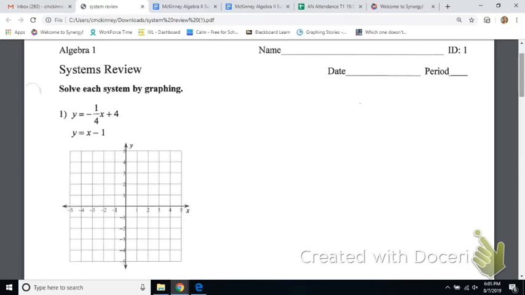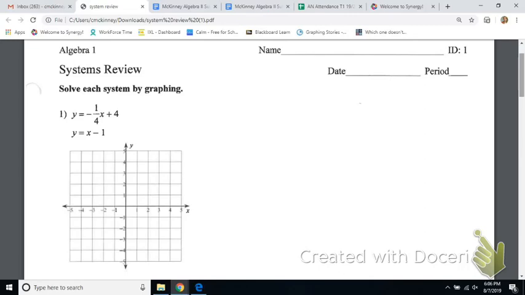If while we're doing this, it's going too fast and you need it paused so that you can get things written down, please ask the staff member in charge to pause the video so that you can get caught up, to make sure that you have the notes that you need to be successful on the quiz. Alright? You're not required to write down every single thing that I put up here, but more than